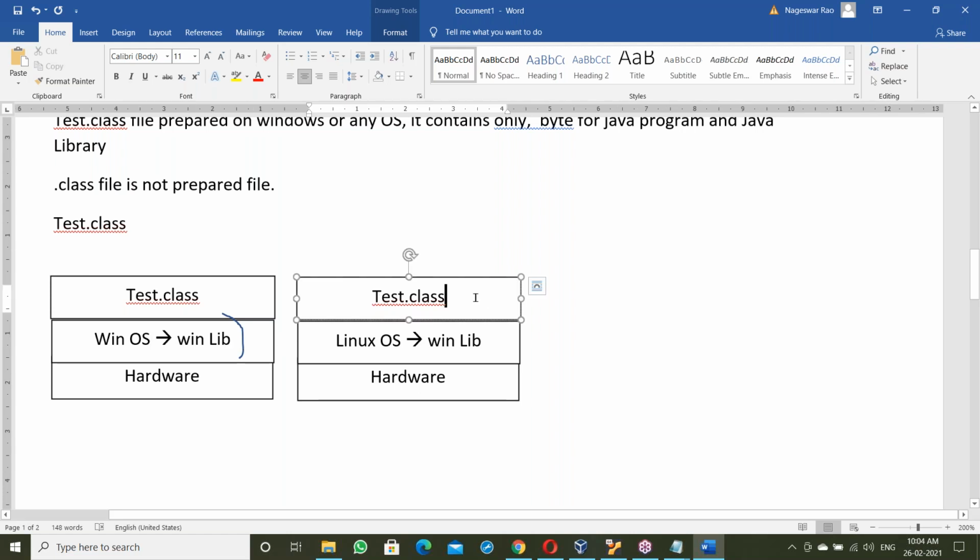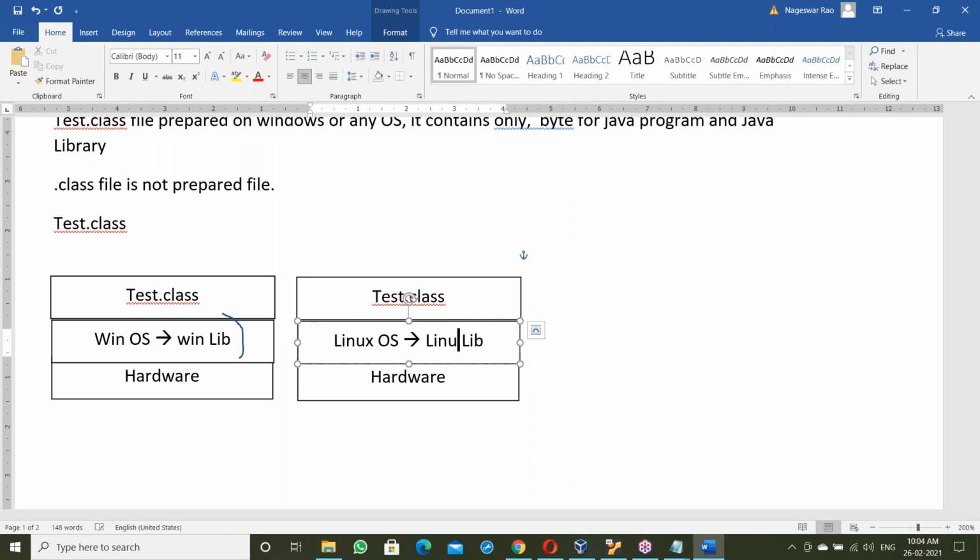When placed on Linux base, it has to link with the Linux library.